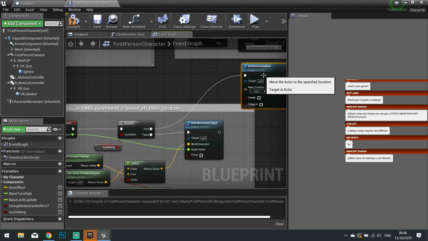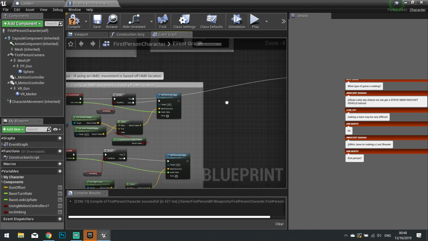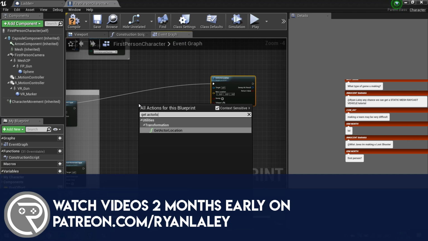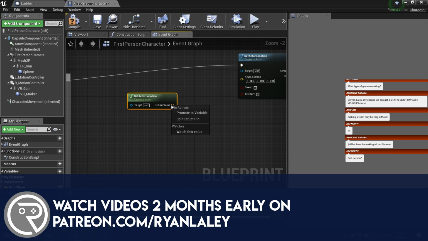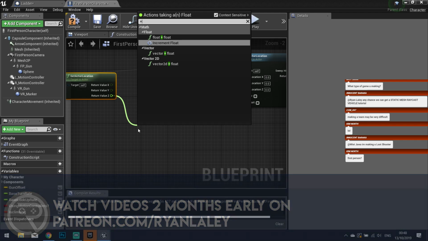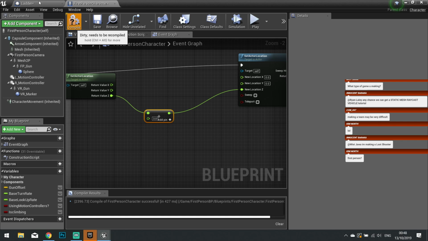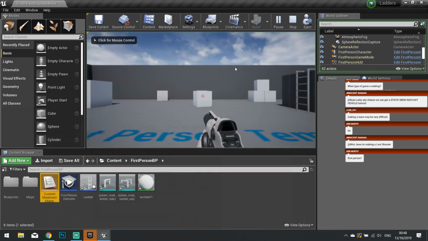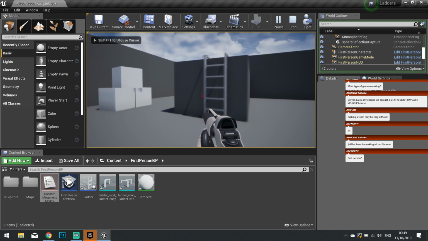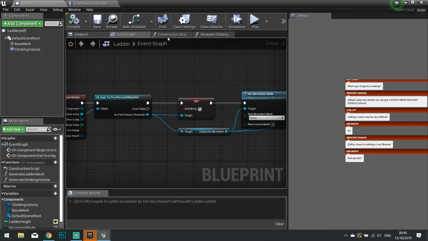New location is, let's drag the spot out here. We're going to get the actor location. Split that. Split that. And I'm going to add a float and add that to that. And let's put it as 3 and see what that does. Oh yeah, I've got to hook up the